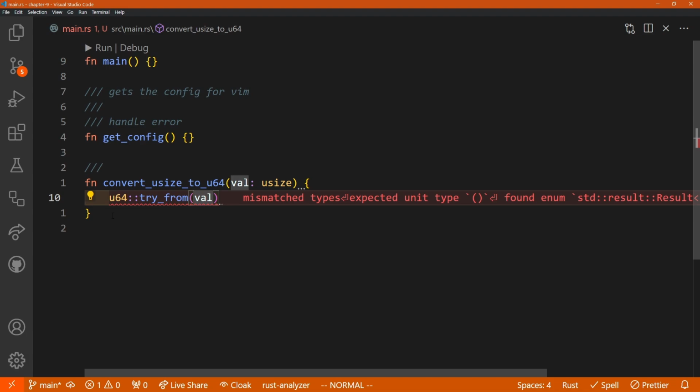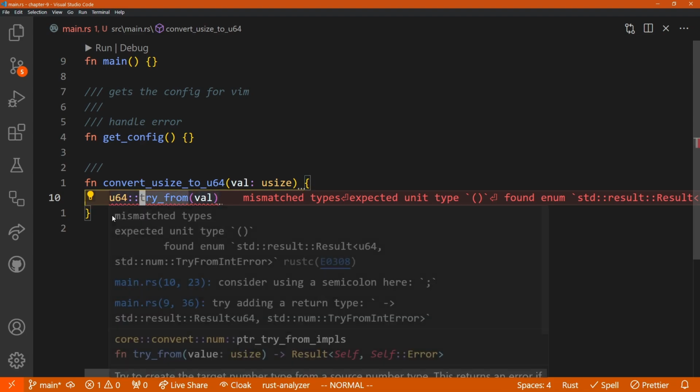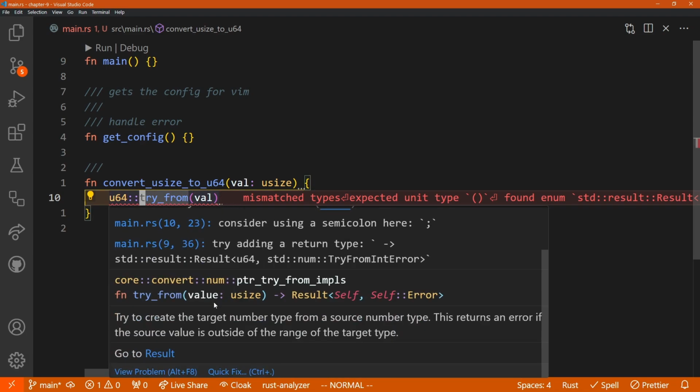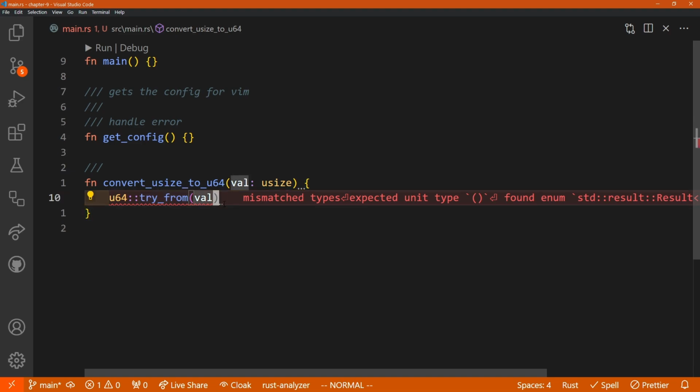So then what should we do? Should we return this result? Or should we panic in the case that it doesn't work out and we're running on some really fancy machine? You probably want an error instead of panicking, because then you can determine if you're going to use some different integer type or